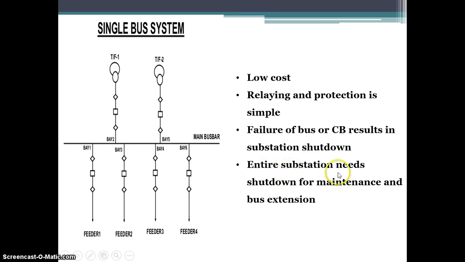So the entire substation needs to be shut down for maintenance and bus extension. So there are two disadvantages of this bus bar scheme, that during failure the entire substation will shut down, and during maintenance and bus extension activity the entire substation will be shut down. But the relaying protection is very simple and it is a low cost type of bus bar arrangement.